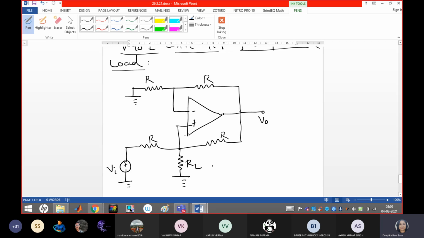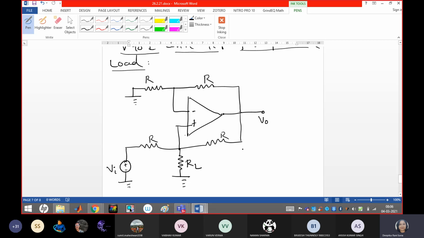Look at the circuit. Here the resistors connected to the op-amp are labeled R except the load resistor RL. RL is connected with respect to ground. That's why the circuit is called a V to I converter with respect to ground, or with grounded load. Here also we have to find the relationship between IL and Vi. This type of circuit, where RL is connected to ground, is also known as the Howland current converter, from the name of its inventor.